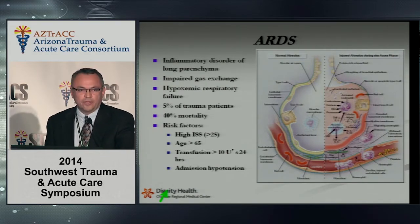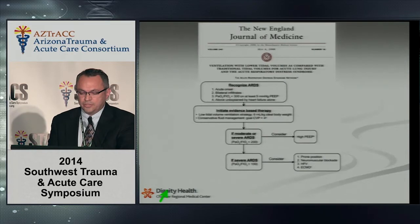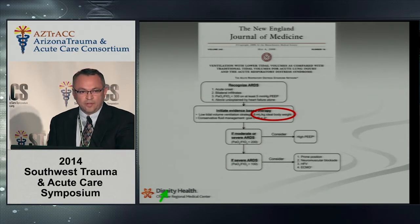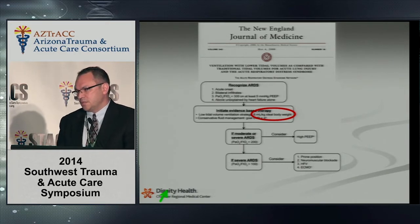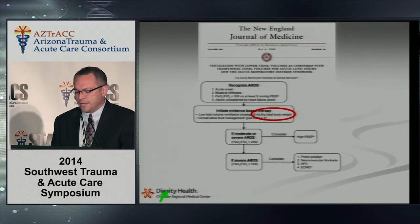There are a myriad of other risk factors. These are some of the most significant. Again, we're all very familiar with the ARDSNet data, correct? In 2000, a landmark paper was published looking at how we effectively manage and limit the mortality in these patients. When you look at the bottom line, it's limiting their tidal volume, and it's also limiting their pressures. In this algorithm, it's 6 mLs per kilo, which again is ARDSNet, but we're going to talk mostly about some